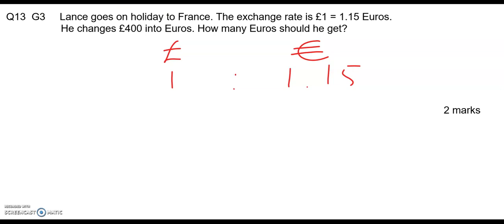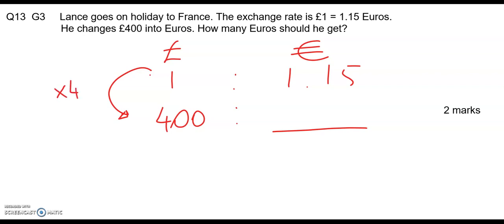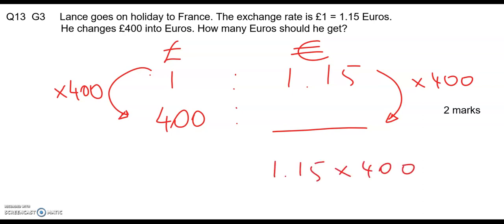So he's going to exchange £400. We'll put that in the pounds column. And how many euros will he get? Now there are different ways you could work it out, but I just prefer this way. To get from 1 to 400, what do we multiply it by? That is 400. So we'll do the same on the other side. So 1.15 times 400 gives us